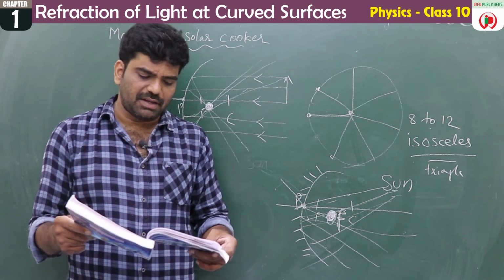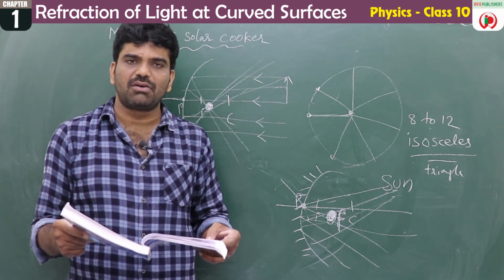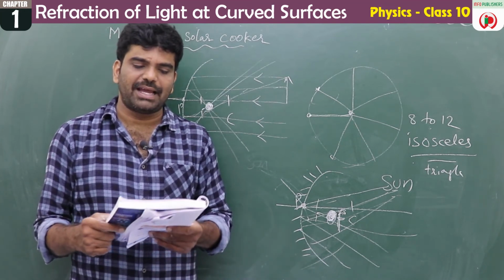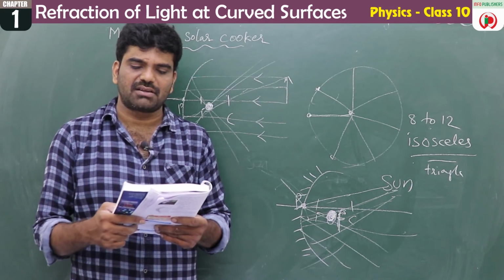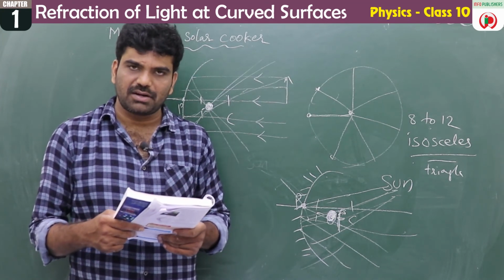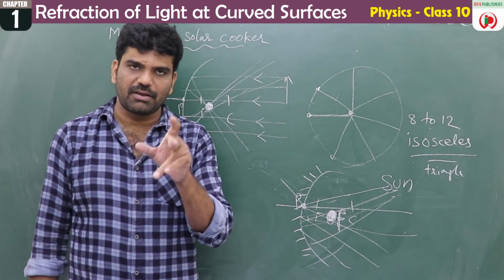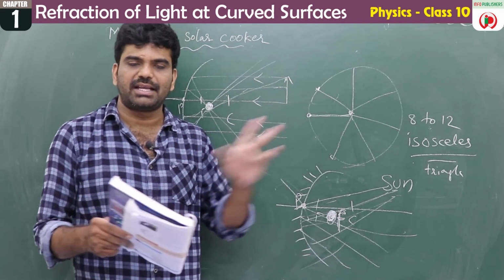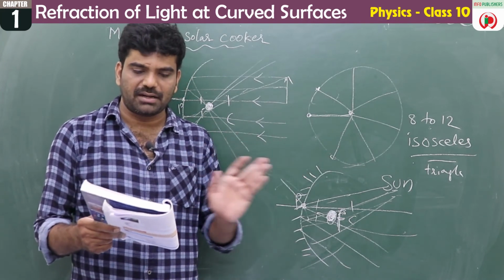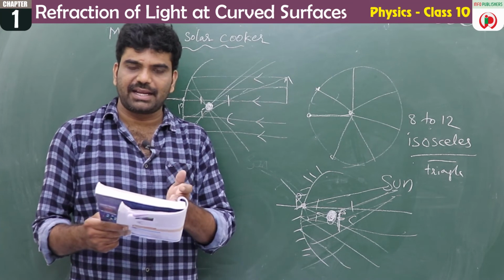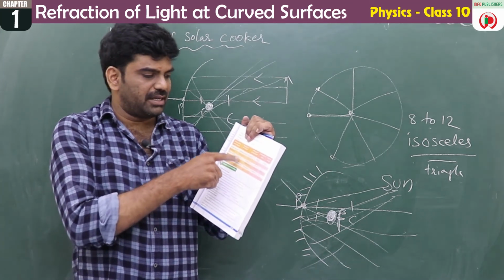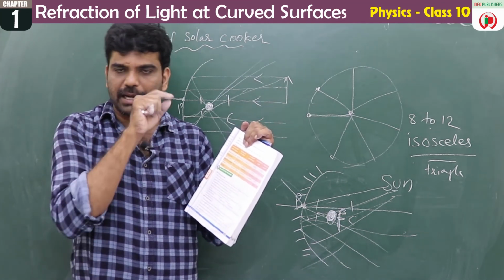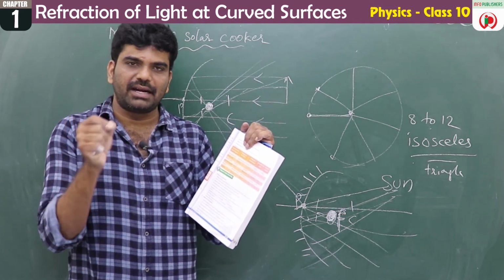Here we have seen the mirror formula, 1 by f is equal to 1 by v plus 1 by u. We have seen the magnification, and the image formed by actual intersection of reflected rays is called a real image. A real image can be caught on a screen, which we have seen in the case of concave mirrors, except one case. In the case of convex mirrors, those are virtual images, they cannot be caught on a screen, like a plane mirror. Now let's see, children, the position of the candle, the position of the image, enlarged or diminished, inverted or erect, real or virtual. Already I told you by drawing each and every case with a ray diagram.